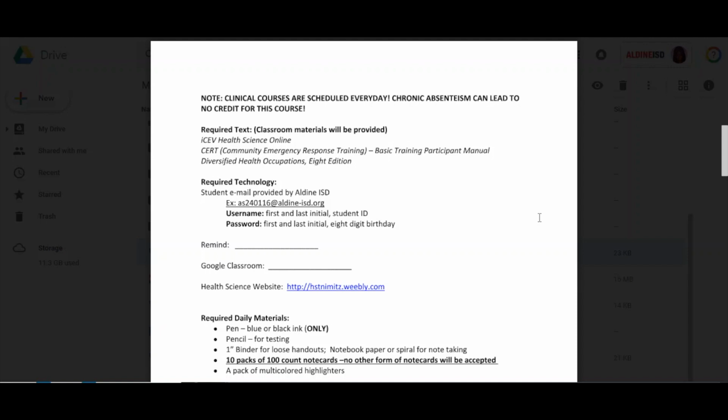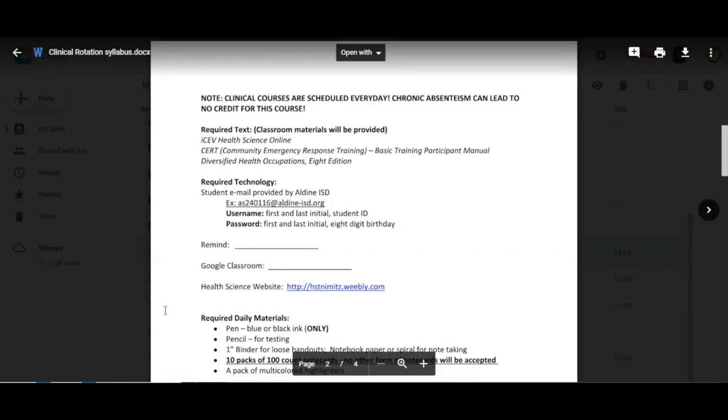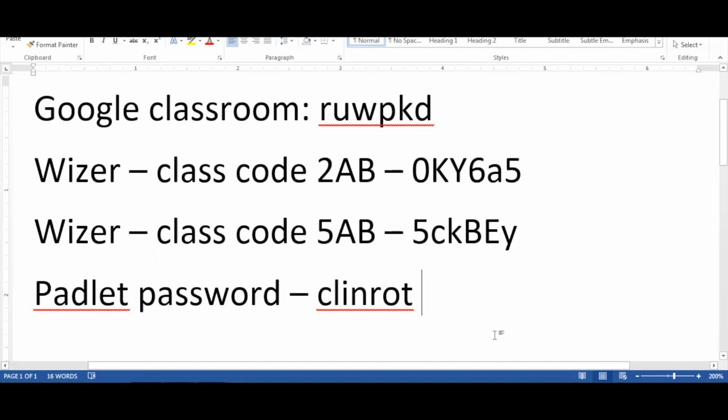If you have not reset your password because you don't use it, it's your first initial, last initial, and 8-digit birthday. I do utilize Remind, however, I will set this up when I return. But you will need your Google Classroom and several other platforms that I plan on using this year. Your Google Classroom code is